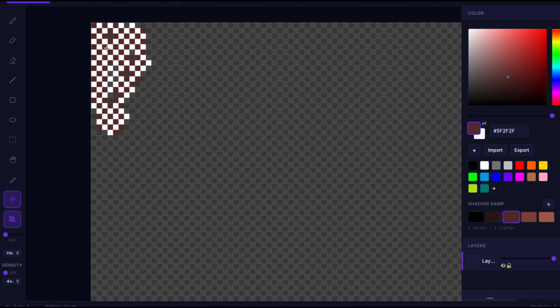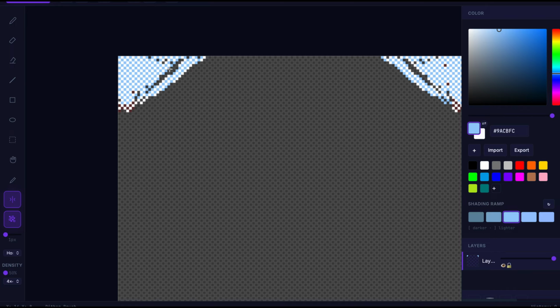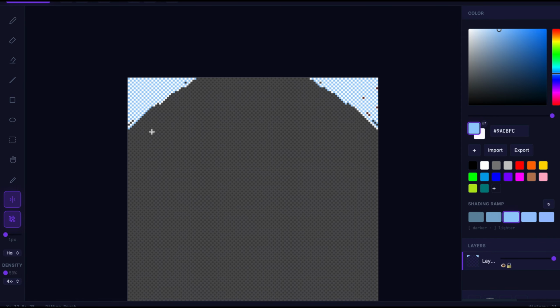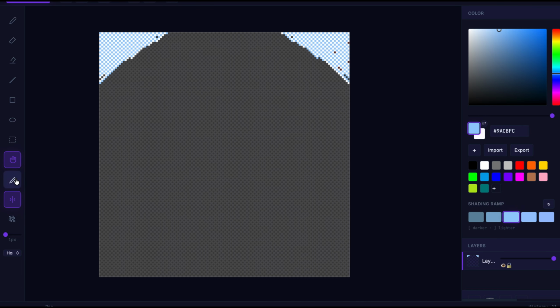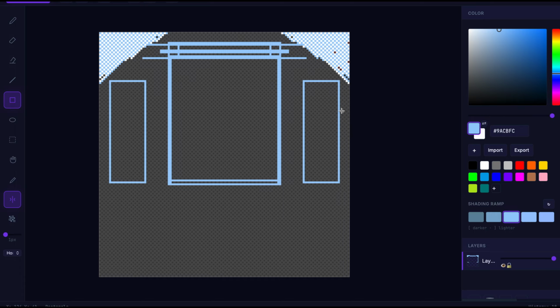Some of the features I'm considering include high-resolution image export while preserving perfectly sharp pixels, multiple export formats for different workflows, layers with visibility, locking, and opacity controls, animation support with frame-by-frame editing and onion skinning, custom color palettes and palette management, symmetry and mirror drawing tools, selection, transformation, and move tools, better brushes, shapes, and fill algorithms, keyboard shortcuts